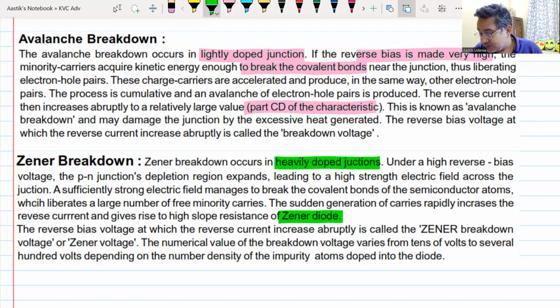Two types of breakdown. The avalanche breakdown, which happens in low doping cases. The Zener breakdown, which happens in high doping cases. I will give you, have you noted it down? I will give you a table which